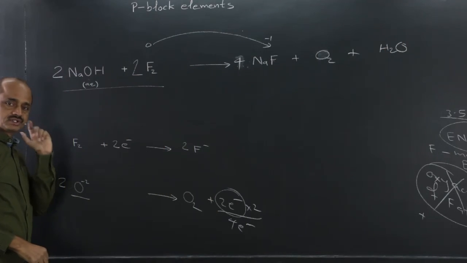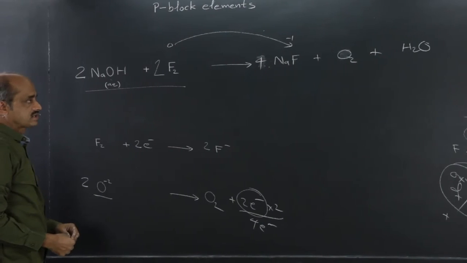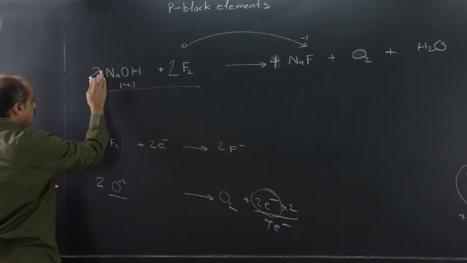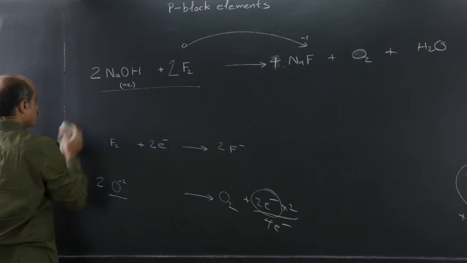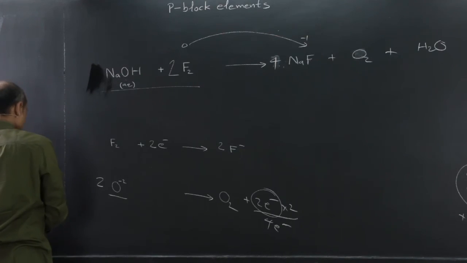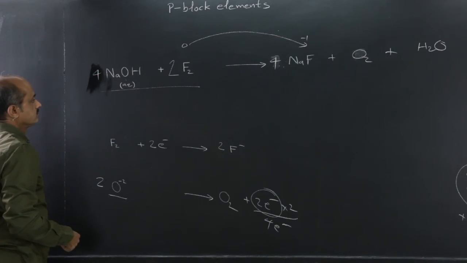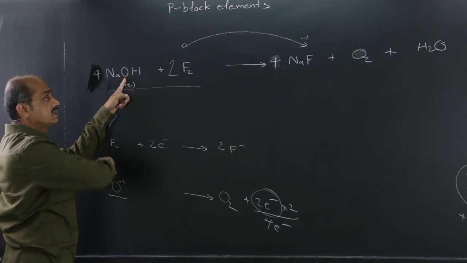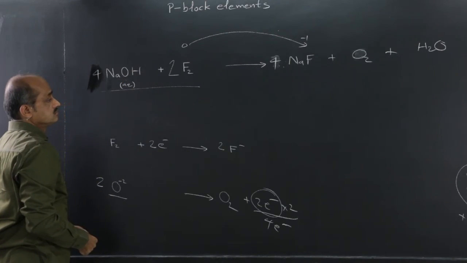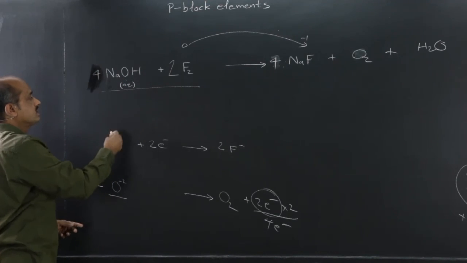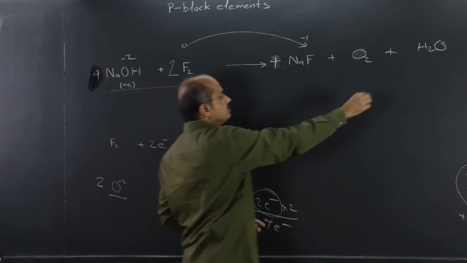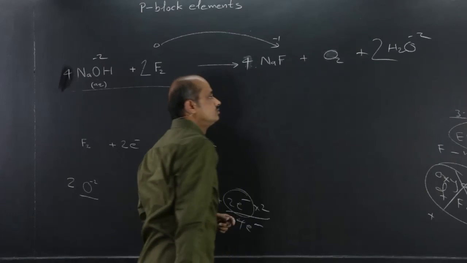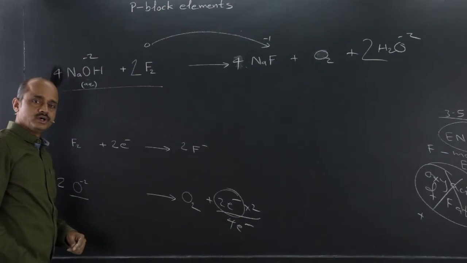Electronically, we should first think in electronic fashion how to balance it, and if 4 NaF are written on that side, it automatically means that here the coefficient should be 4. Oxygen carrying -2 charge getting converted into 0, such 2 atoms are there. The remaining oxygen atoms, -2 remains -2. So to balance that, H2O should be 2. I think you are getting it.